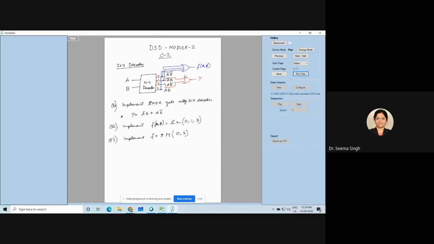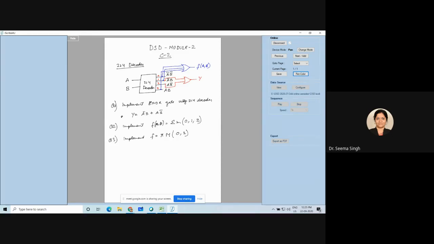So now when I have made f of AB here, whenever 0, 1, 3 comes, for example, when A and B become 0, 0, this A bar, B bar will be high. This high will go here and it will not bother about the other two inputs, and it will make f of AB high. That is what we want. We want whenever 0 occurs, f of AB becomes 1. So that will happen.